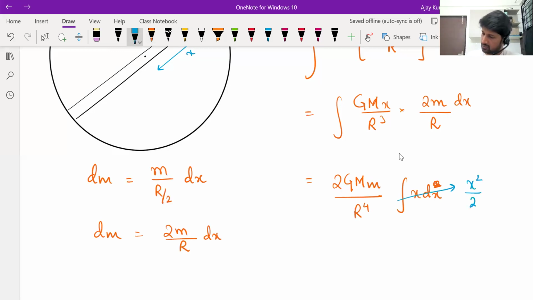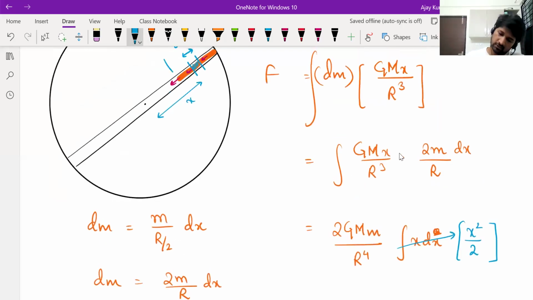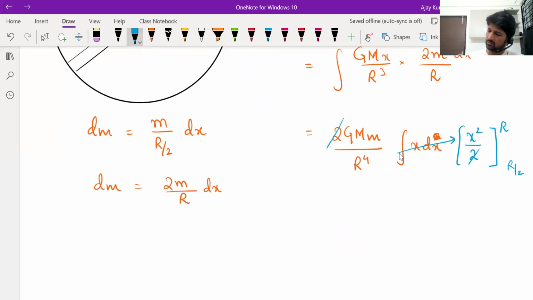And in this, we have to substitute the limits now. What is the starting value of x? For the first element, the starting value of x is r by 2. And for the last element, the final value of x is r. So r by 2 to r. Now this 2 and this 2 can be cancelled first. What remains is